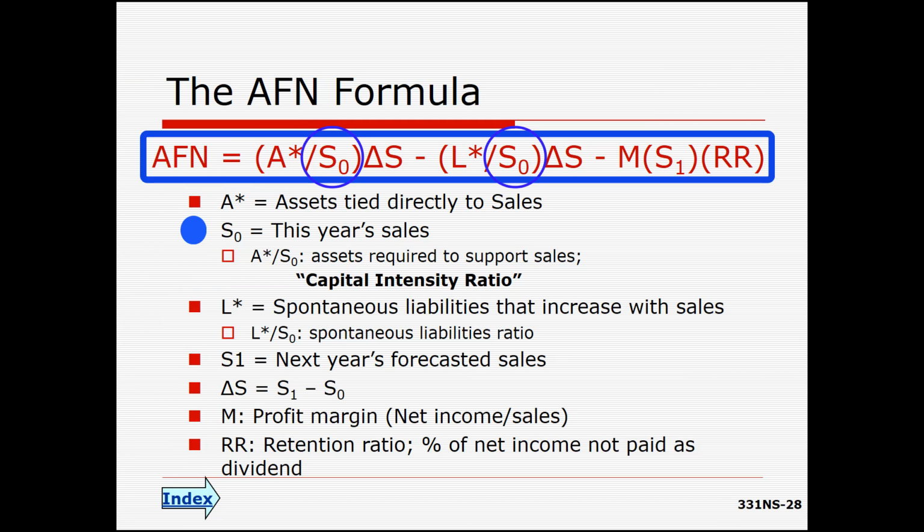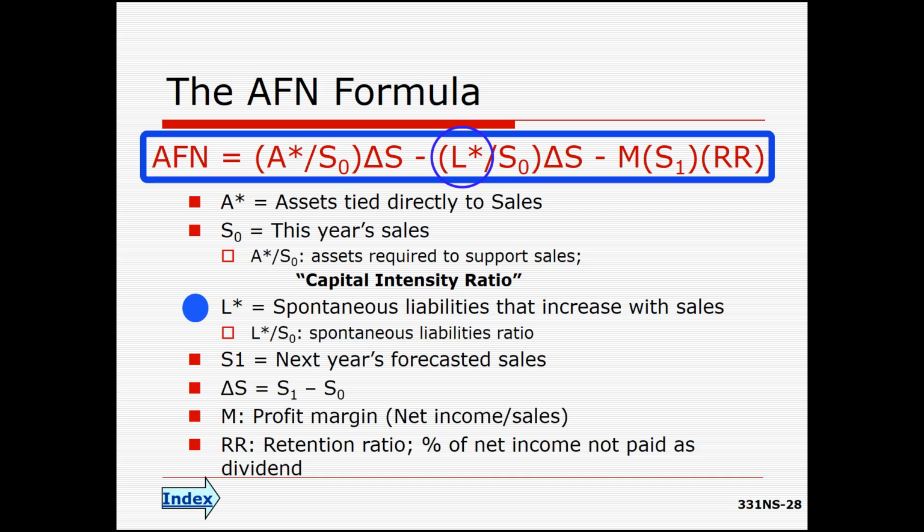S sub 0 is last year's sales. A asterisk divided by S sub 0 is the ratio of assets required to support a $1 increase in sales. It's called the capital intensity ratio. The higher it is, the more assets needed to support sales, and thus the more funding needed to support an increase in sales. L asterisk are liabilities which